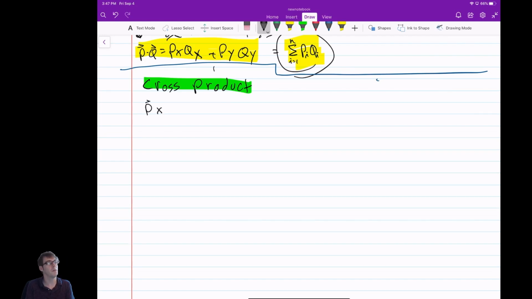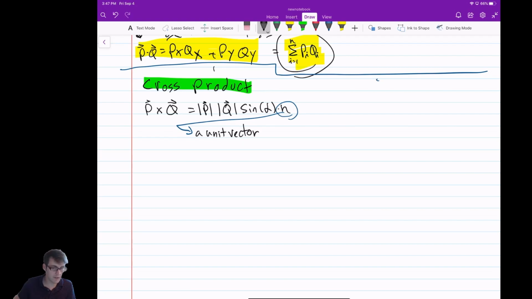If I cross product a vector p with a vector q, then you'll get the length of p times the length of q times the sine of the angle between them, that's an alpha, times some vector n. So let me just quickly describe what this n is. This n is a unit vector. Remember, a unit vector is length 1, right? So it's a unit vector orthogonal to both P